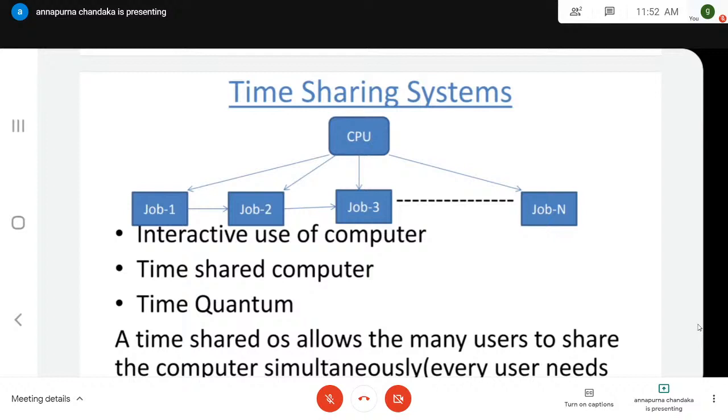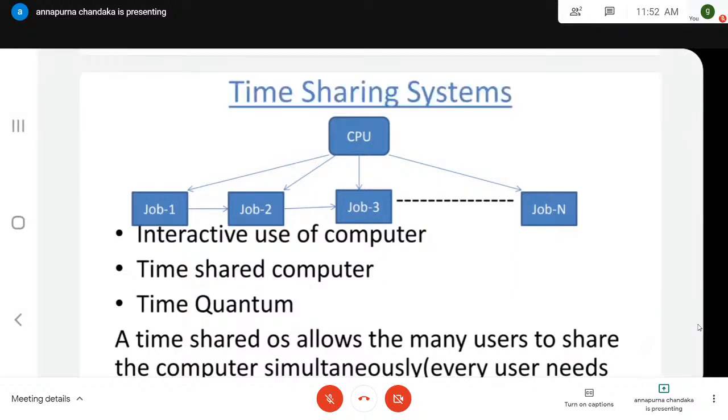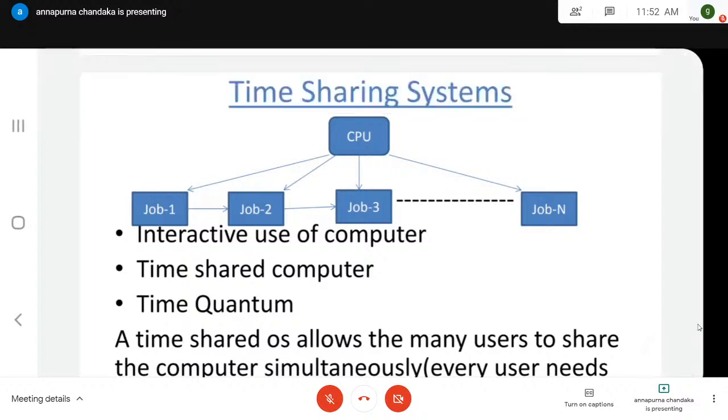That is what is called interactive use. Why is the word interactive used? It is an interactive use of the computer. You will see how fast the CPU works. Suppose you enter some number on the screen, say 25. To enter that number and recognize that it is 25, how much time will you take? In that time, the CPU will have gone through at least 10 rounds. The CPU works that much faster.